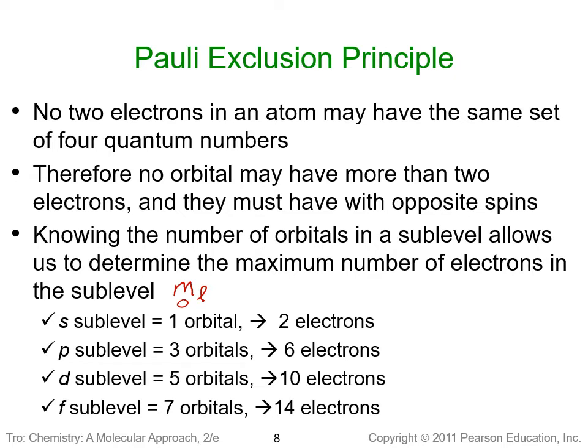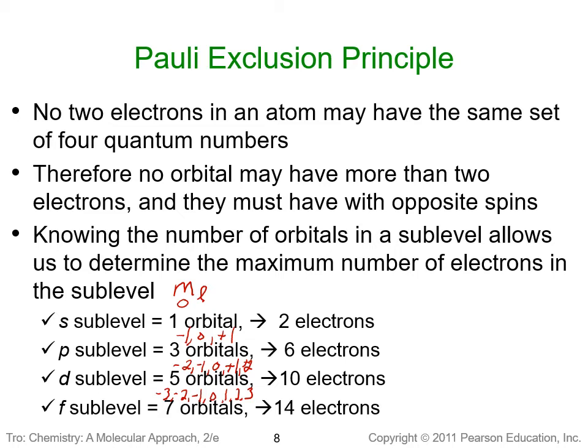In our p sublevel, our m sub l is -1, 0, and +1, which is 3 orbitals, or a maximum of 6 electrons. For d, -2, -1, 0, +1, or +2, 5 orbitals, maximum of 10 electrons, and for the f, go from -3, -2, -1, 0, 1, 2, and 3. These are the allowed values for the f sublevel. 7 total orbitals, 14 electrons. This relates to the